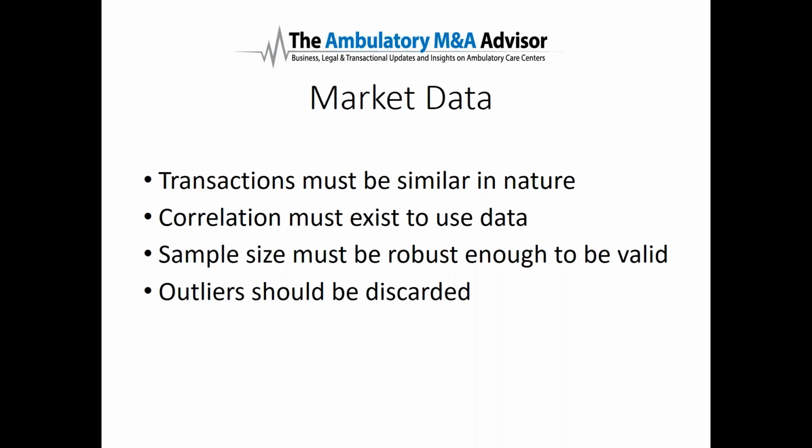And outliers are generally discarded when applying a market approach. And there's usually a reason for an outlier. For example, with significant real estate, you could always make an adjustment and make it not an outlier and then rely upon it. But there may be other reasons.